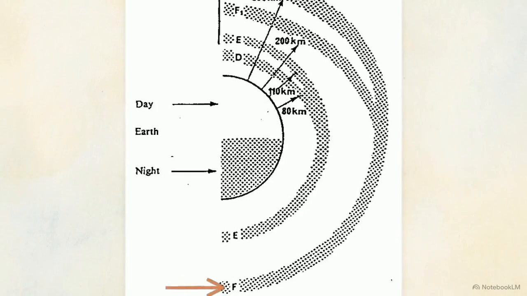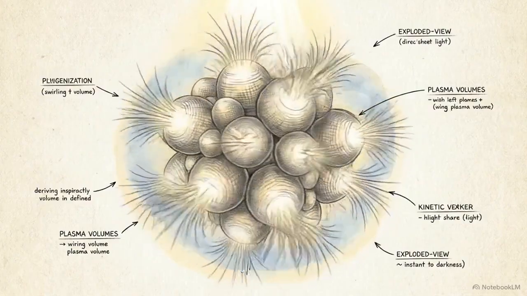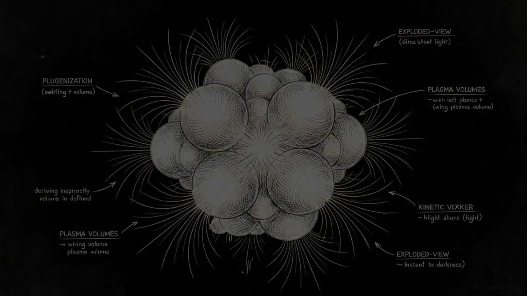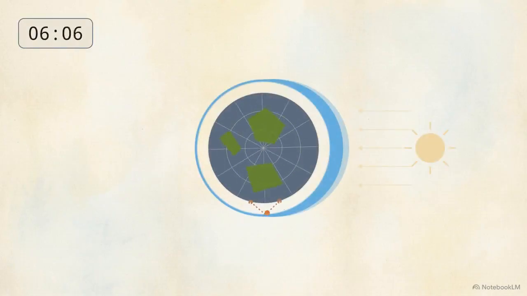In the loosely packed F region, plasma persists throughout the night, but in the dense lower D region, rapid atomic collisions cause instant recombination once the sun sets. As the sun sets, the dense D layer rapidly decays, losing its ionization and effectively disappearing completely until dawn. This predictable relationship between radiation and altitude forms the Chapman model, suggesting ionization levels can be calculated purely by the angle of the sun. According to this theory, the ionosphere would behave as a stable, predictable mirror, tied directly to